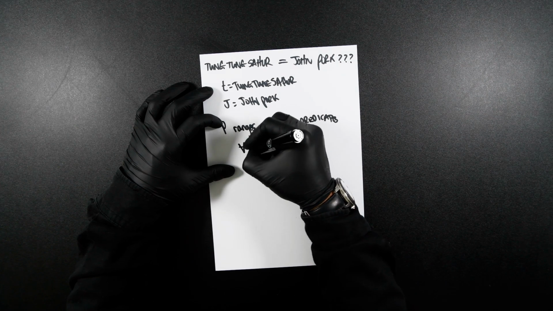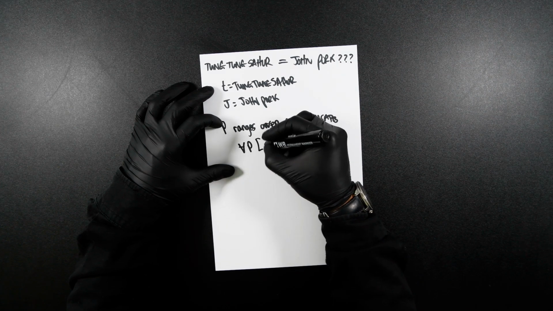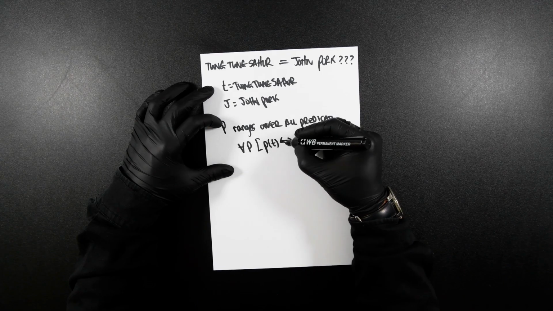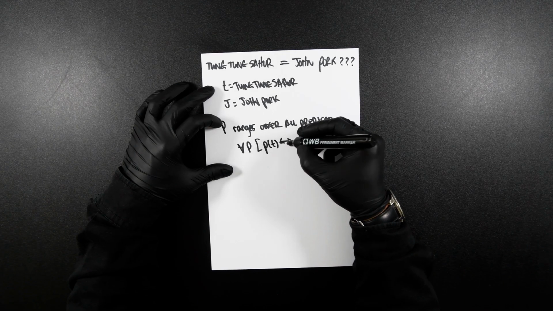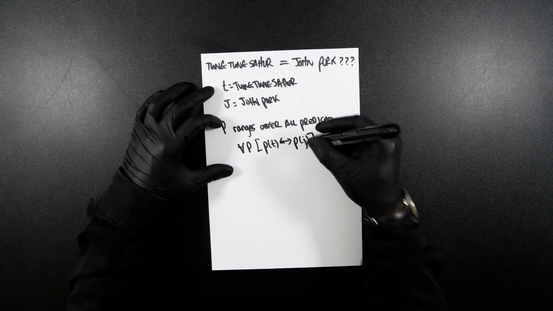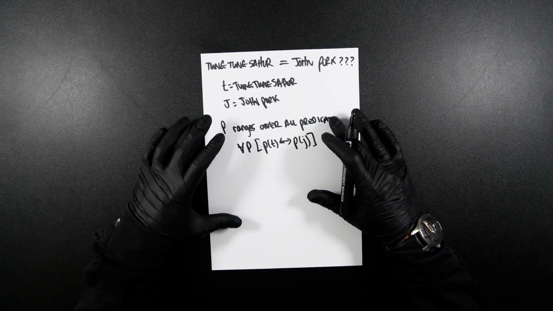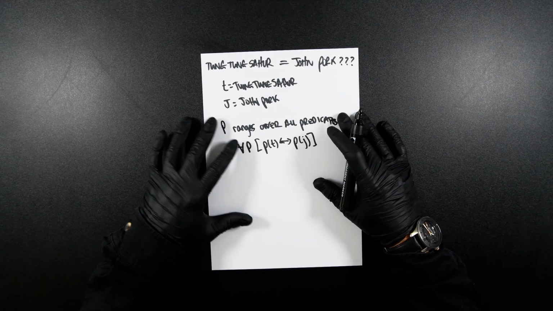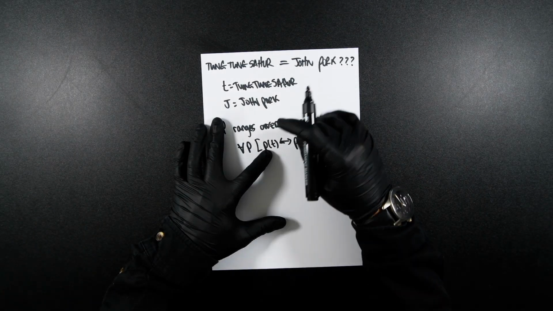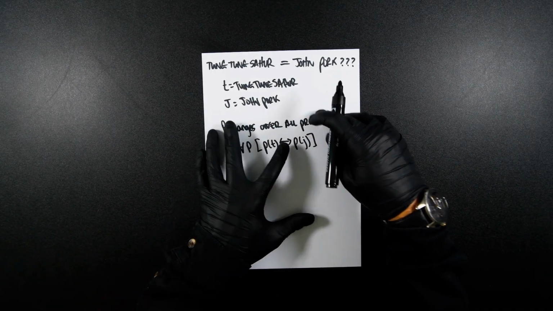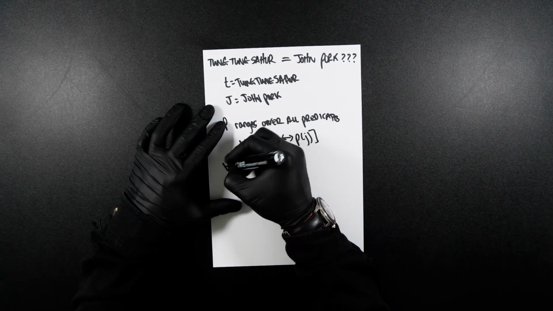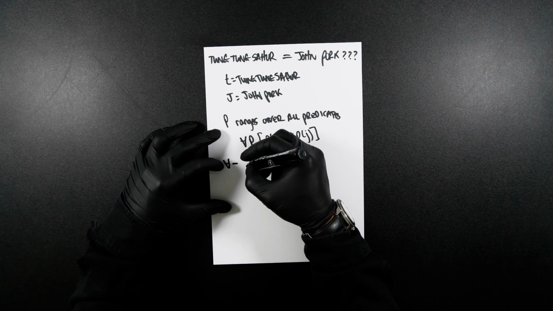So we can write for all P, and then we're going to write PT, and then you have the biconditional symbol, which means if and only if, PJ. So we've now set up our kind of system. So for all values of P, we're basically saying that Tung Tung Sahur is, if and only if, John Pork. So now if we take the for all elimination